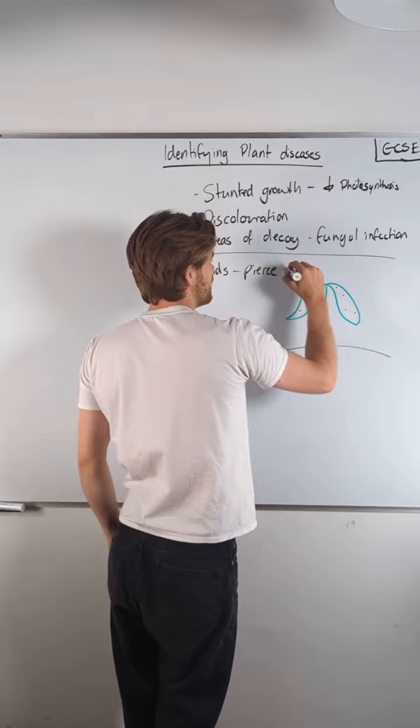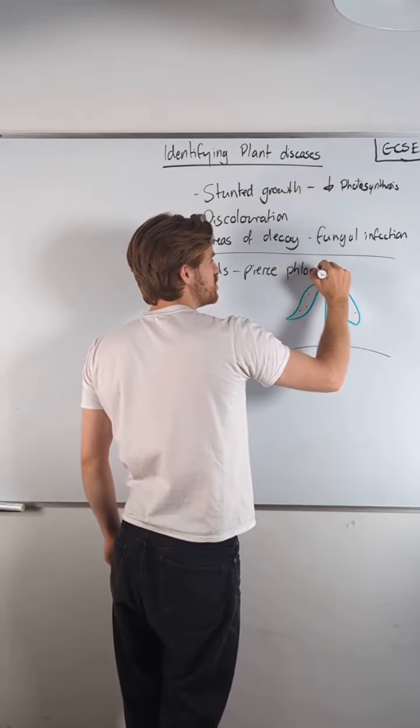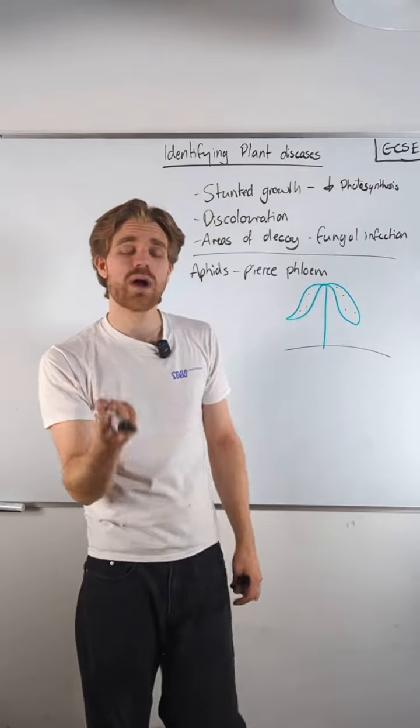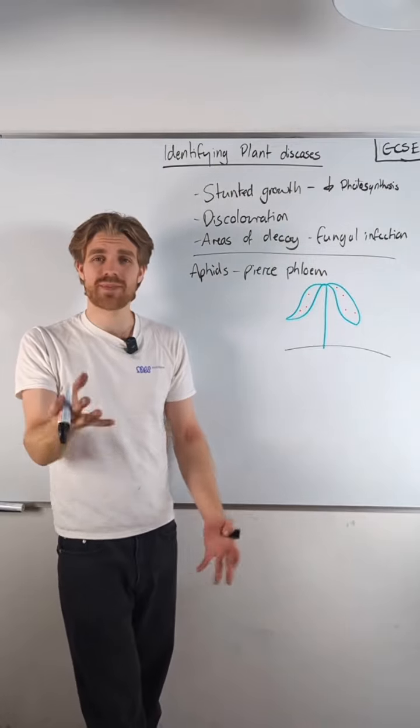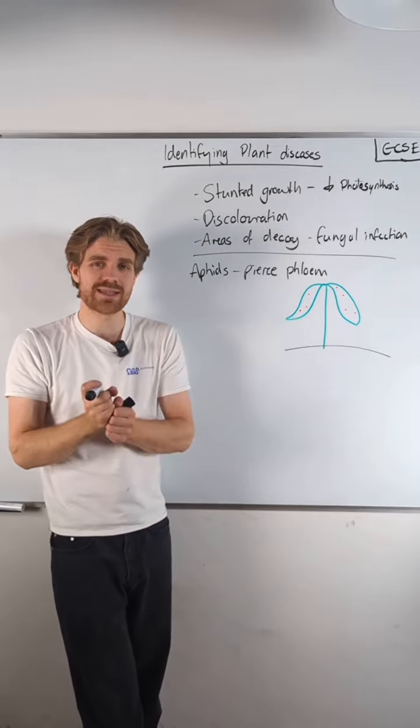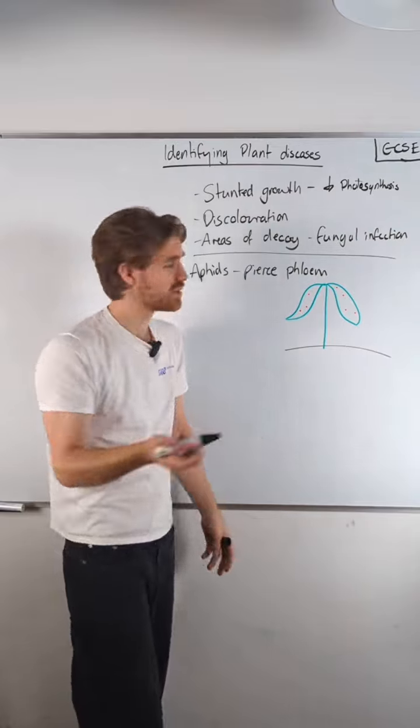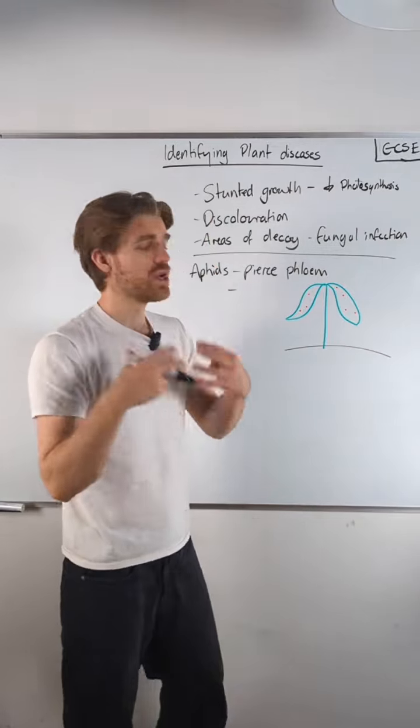Now, what is flowing in the phloem? That is the sugary sap. And that's why the aphids do it, to try and access that sugar. But that means that they are extracting that sugar that would otherwise be going elsewhere in the plant. And what that's going to do is going to decrease